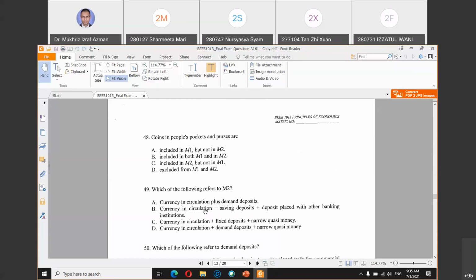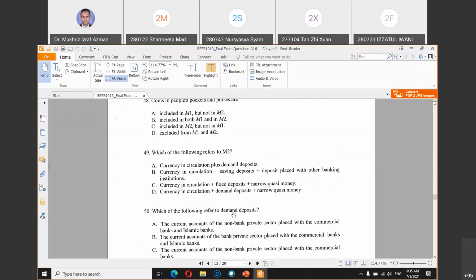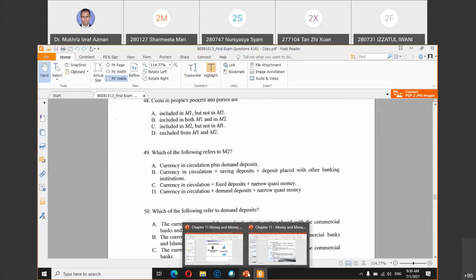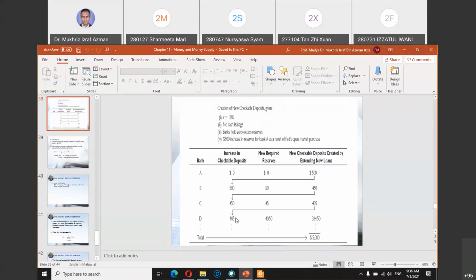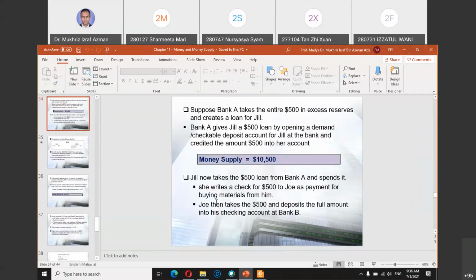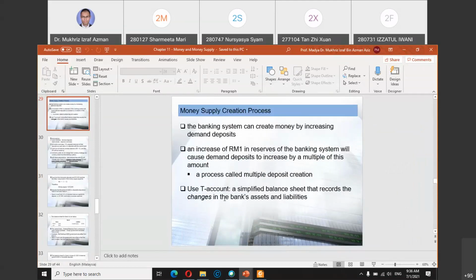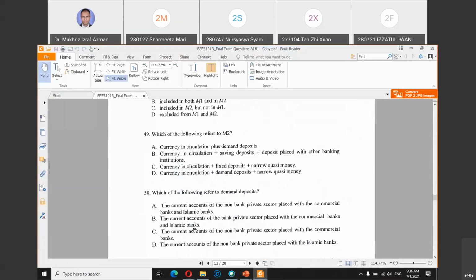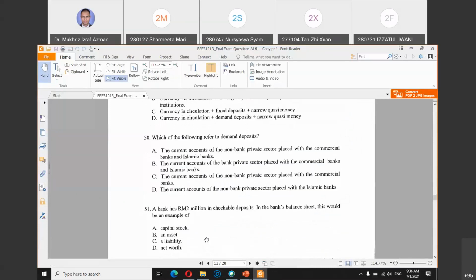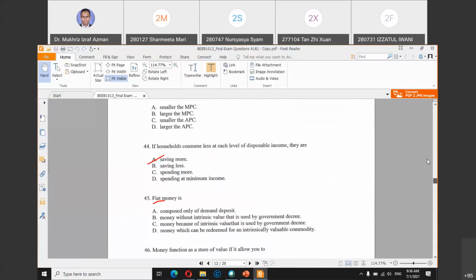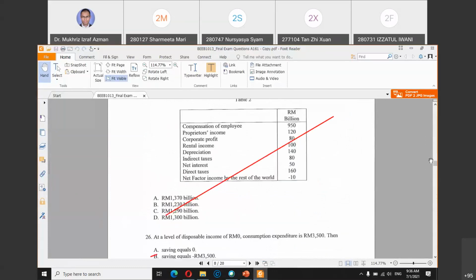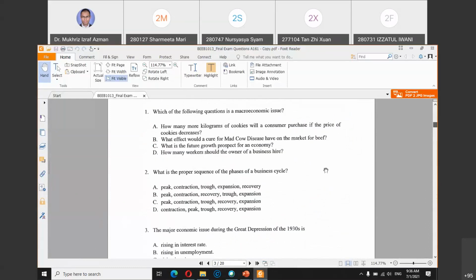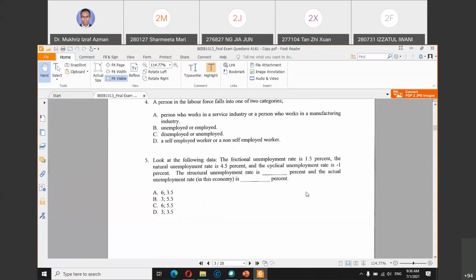Again, these are also definitions. And what a demand deposit is. I think you can get this from the annual slides as well, there is a concept on demand deposits there. Or worst case scenario, you can just Google what a demand deposit is. We will discuss this next Monday. I will also send these questions to you on WhatsApp so that you can look at the earlier questions on the chapter.